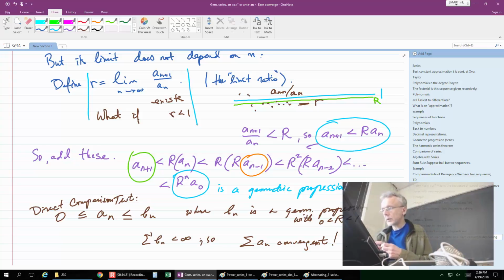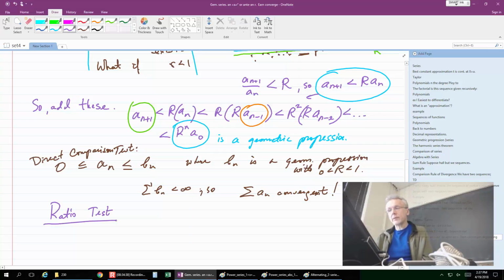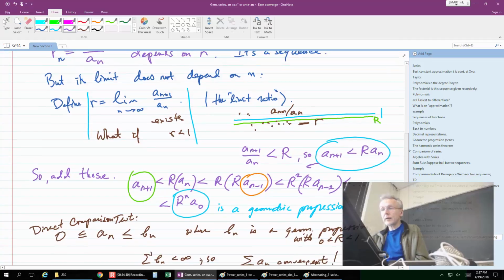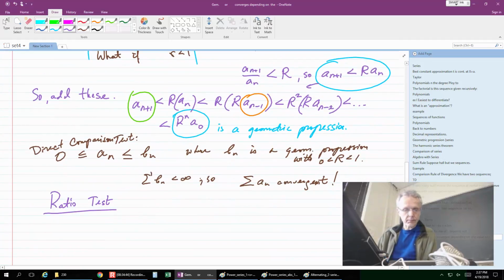Okay, so let me try to put this together. This is an almost complete proof, but half of the proof of the theorem that is called the ratio test. So here we're referring not to the ratio of the geometric series, but the ratio that we are facing over there, a_{n+1} over a_n. Okay, so we have a series.